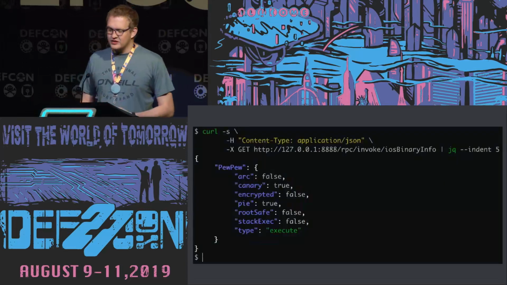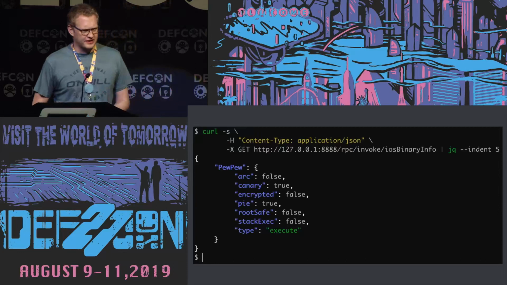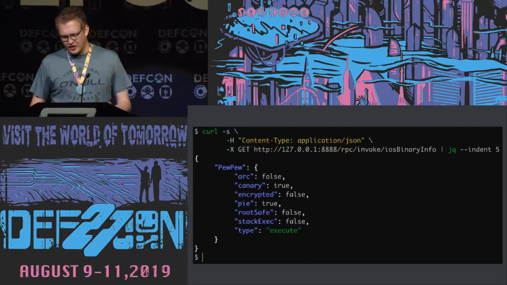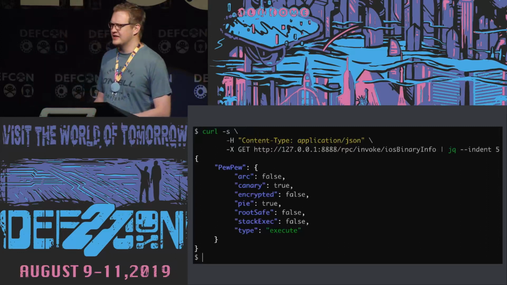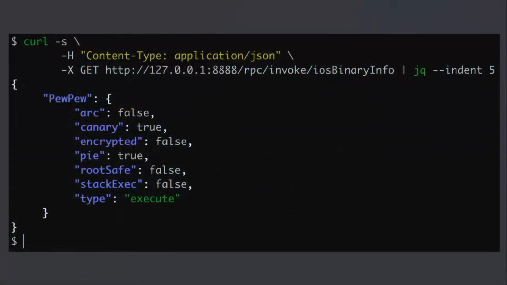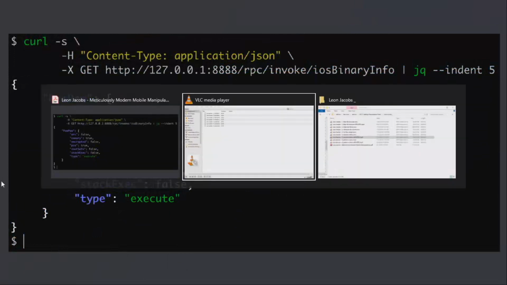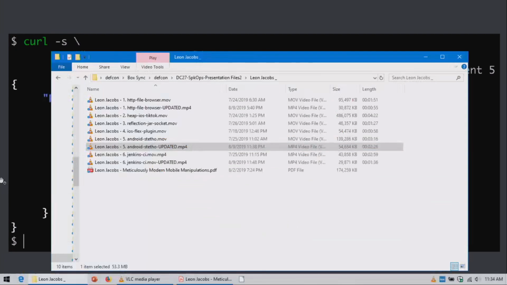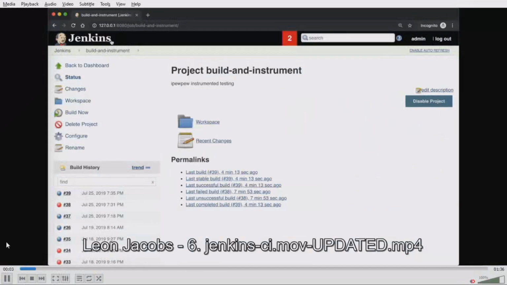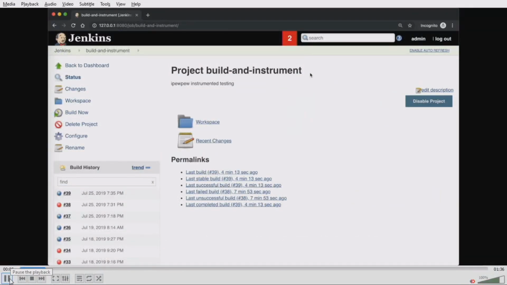However, the result of that would mean we could now make a curl request and, using runtime instrumentation, figure out, for example, the binary protections that an iOS app has. This is just one of the many scripts that exist in Objection, and we can make some decisions based on that if we require them to be enabled or not, or maybe even question their existence in the first place. Now, just being able to use curl commands might be interesting, but we could probably actually add this to a Jenkins pipeline. So if we had to look at what that might look like, I have a project over here